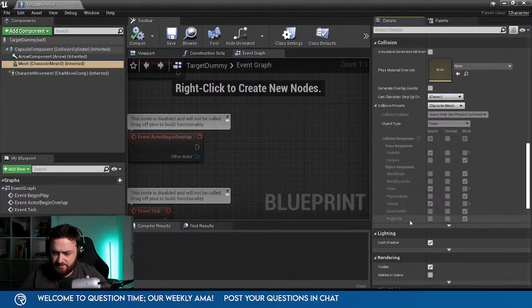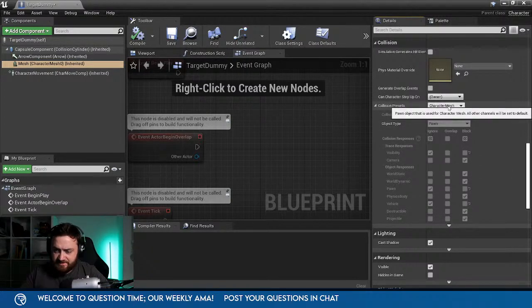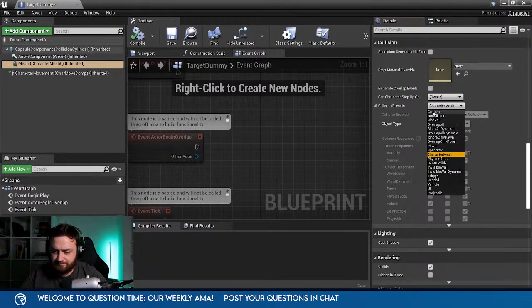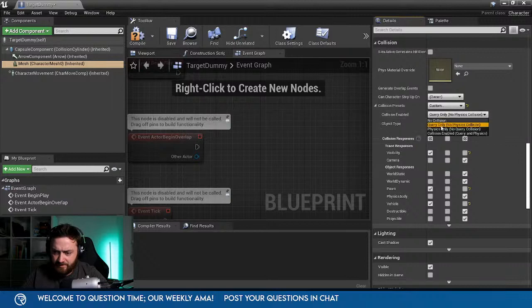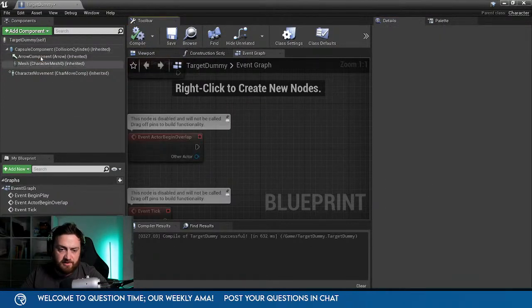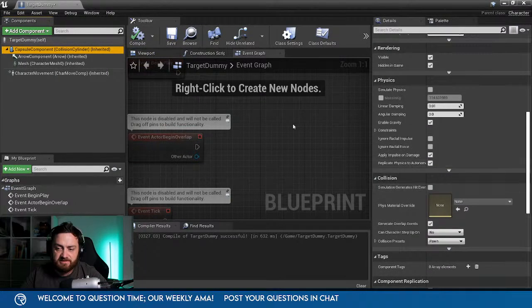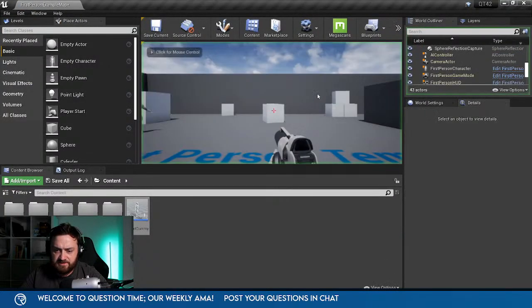And I'm going to tell it to block. So at the moment it says it's query only, so it has no physics collision, which is not what we want. So I'm going to change that to custom, and I want that to be collision enabled, but I want it to ignore everything, basically. So we'll do overlap everything, but projectile will make it block. Now everything else doesn't really matter because it's not going to fall anywhere, because the capsule here is set to hold most of its collisions, so totally fine. So just to see how that works with this now.